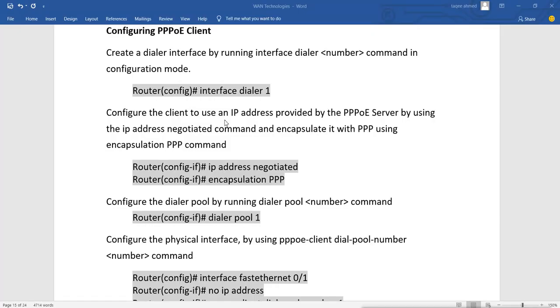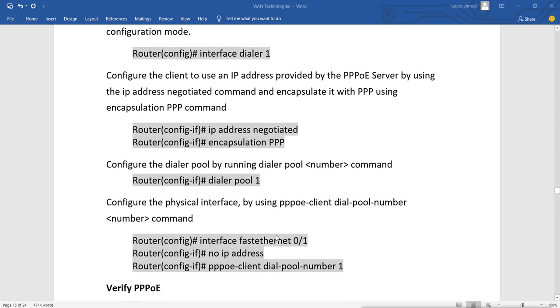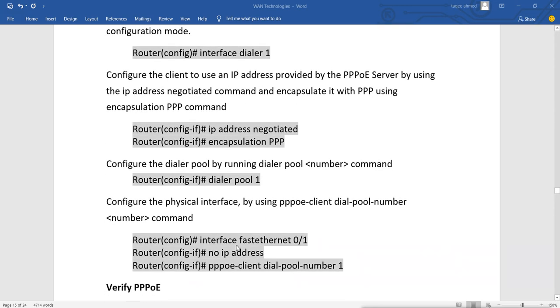We can configure the router by using these commands, by using the dialer command. We create the interface dialer, then on that interface we set the IP address as negotiated, we set the encapsulation as PPP, we configure the dialer pool, then we configure which interface is connected. This interface with the PPPoE dialer option.